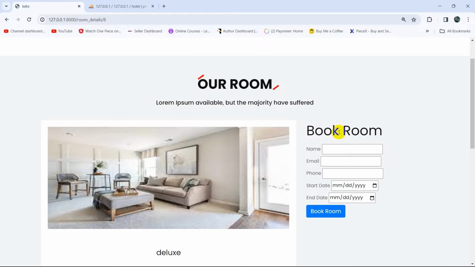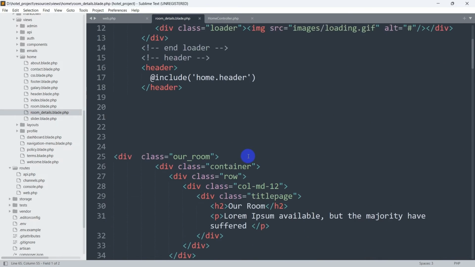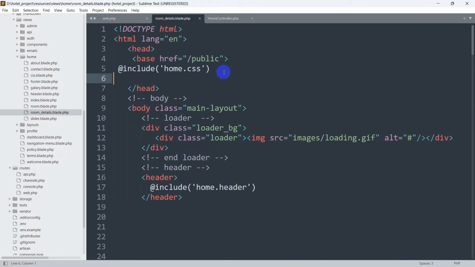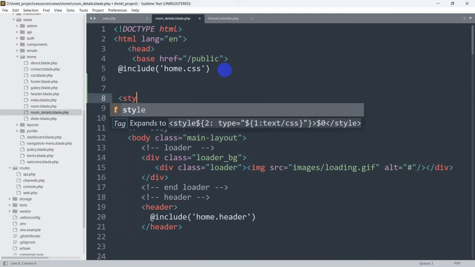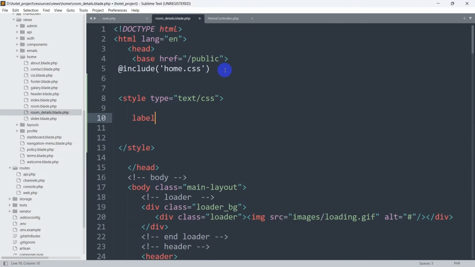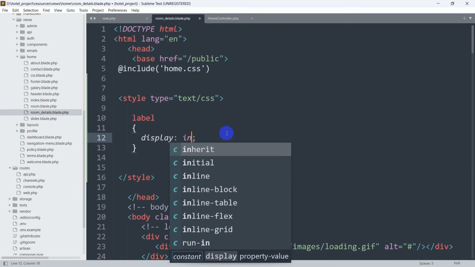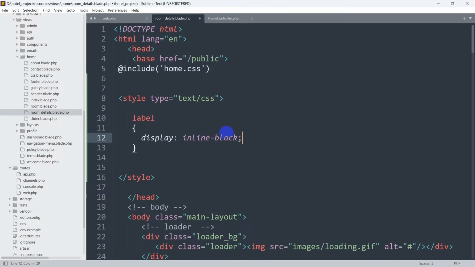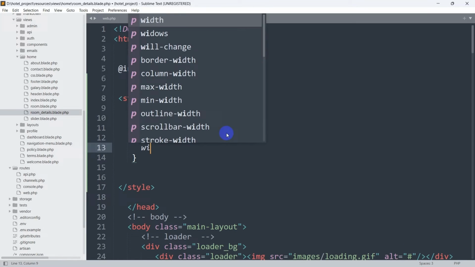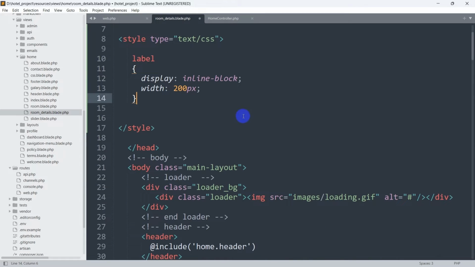There you can see book room. We can add a few more designs, but we'll stop over here. We'll just make some design for the label and the input field. For it, let's go back, and let's go to the top, and inside the head section, we're going to mention the style tag. Then inside the style, we are going to say label, then in the curly brackets we say display inline-block,